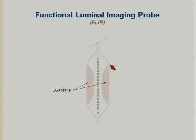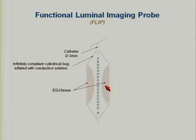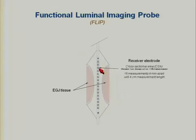In the schematic, I actually show the probe being squeezed by the EGJ tissue. It's a very small diameter probe with an infinitely compliant cylindrical bag around it that has the conductive solution inside. And the probe itself has receiver electrodes inside. There's about 16 of them, so they cover a distance of 6.4 centimeters. So we can look at